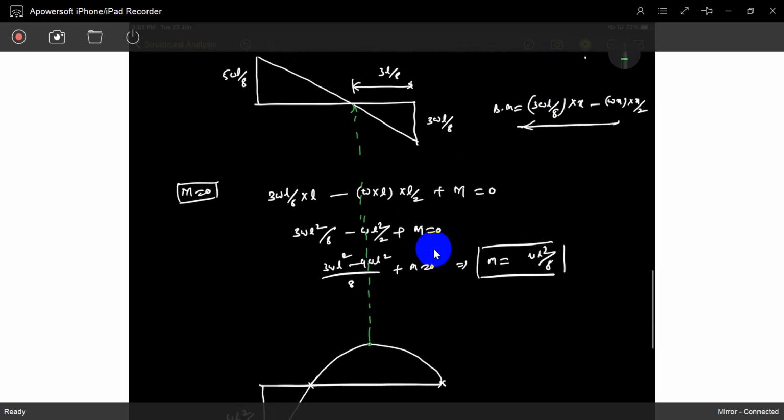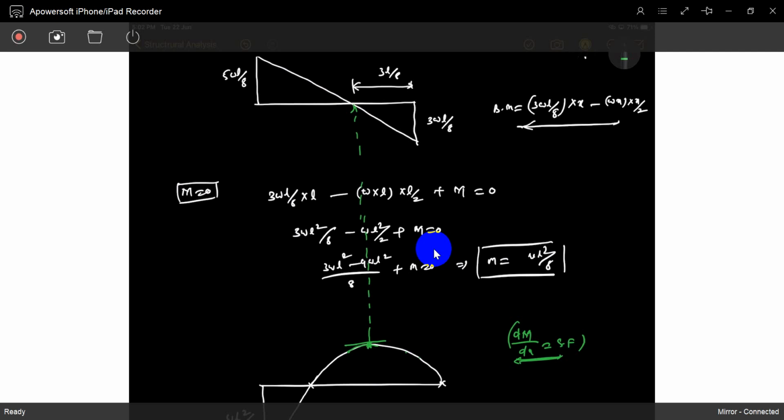Why? I already explained. dM by dx is shear force. Change in bending moment is shear force. So it is the place where the moment is maximum or minimum, because it has no slope. See, up to this it will come and again it decreases, which means it has no slope. The slope of the bending moment diagram gives the shear force. There is no slope at all, exactly at the maximum point. That's why the change in moment gives shear force. Where shear force is 0, at that point is the maximum bending moment.